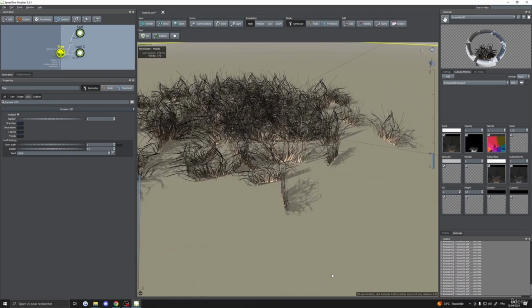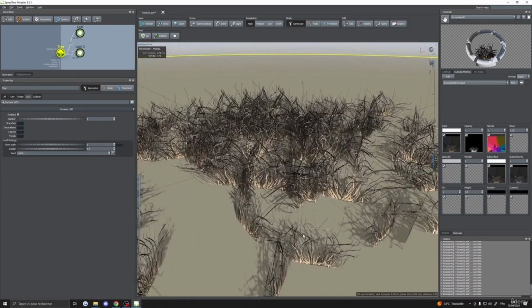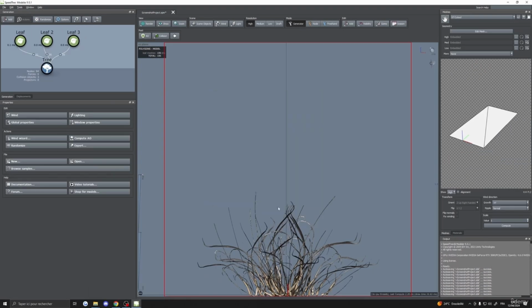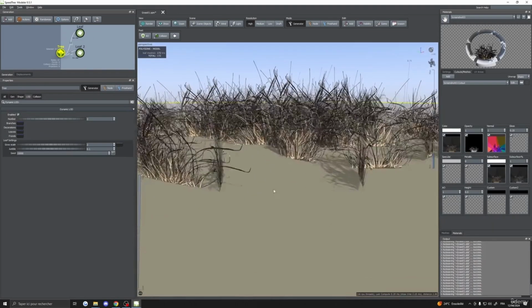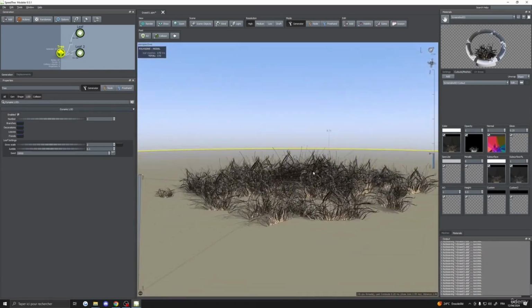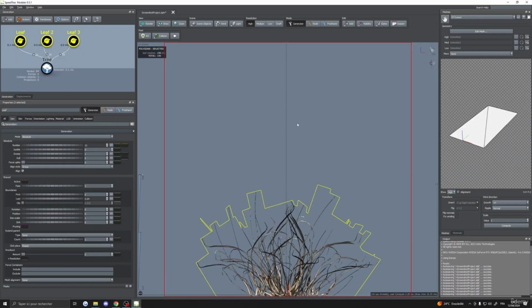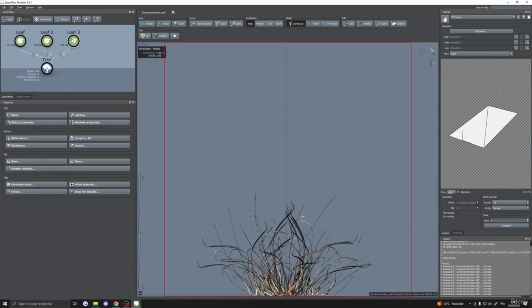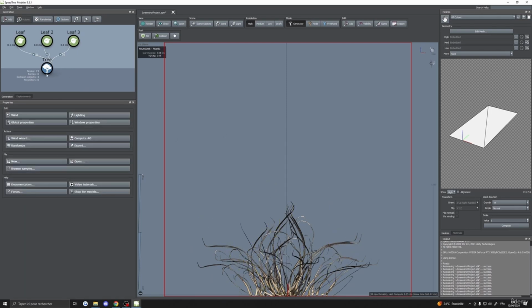Now if you are okay with the result, you can keep it. If you are not happy, you can just simply go back and forth between those two. So if you don't like anything, let's say in this case, maybe I don't like the very top, those small leaves. I think I see them too much actually. So maybe in here I can go in this one over there and lower the number to something very low,